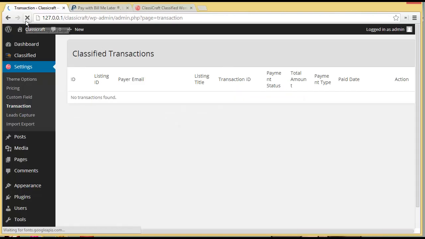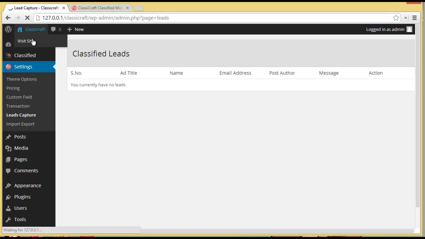Alright, so now let's refresh this. Since we haven't made any payment, that's why it is showing no transaction found. As soon as the service provider or the user is coming in and making the payment, all those payment details will appear here. Alright, so that is the transaction section. Then you have got this lead capture. I'll show you. We'll visit the site